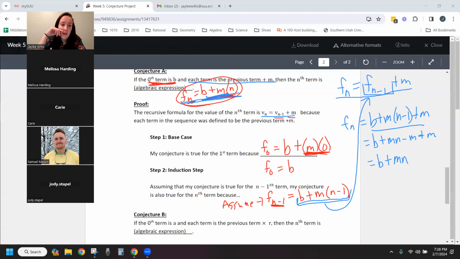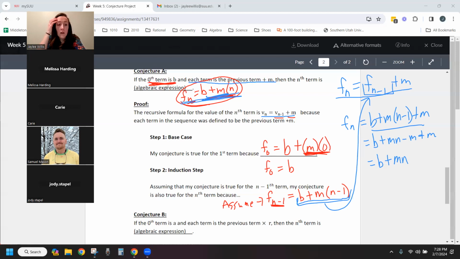Yeah, you'd say that I substitute the expression b plus m times n minus 1 in for the n minus 1th term. Okay, so I just want to make sure I'm understanding this. So you're using the one that's circled to the left in red, and you're plugging in what we just did for n minus 1. Yeah, so the one that I circled in red, that's our conjecture statement